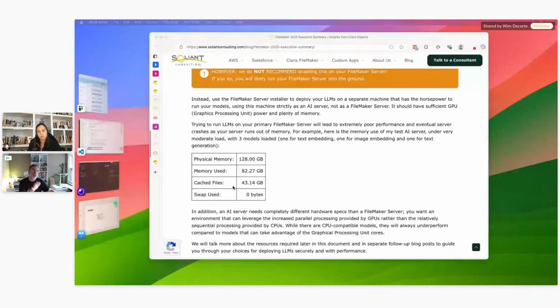In beta testing on that same server, I had it up easily to about 80, 90 gigs of RAM, right? So that's why when I say it uses resources way differently than a typical FileMaker server, that's one of the main reasons, right? So if you have a FileMaker server machine that has 16 gigs of RAM, 32 gigs of RAM, which is a fairly typical amount of memory for a FileMaker server, then none of this would fit, right? So this will make your FileMaker server fall over.